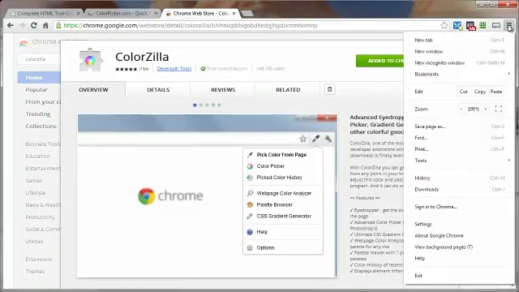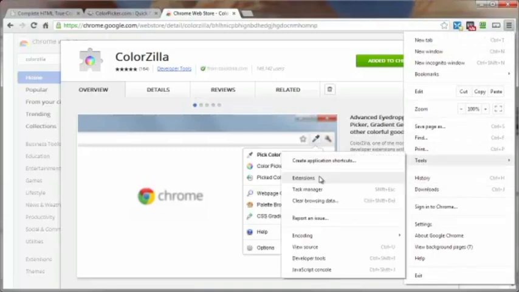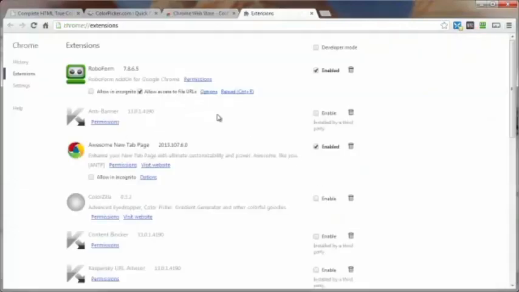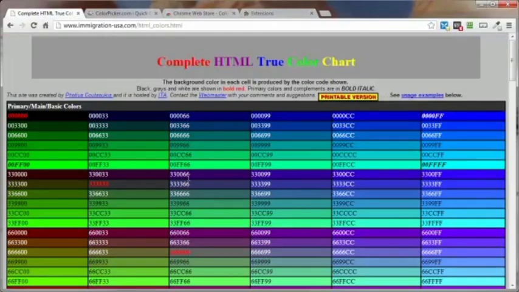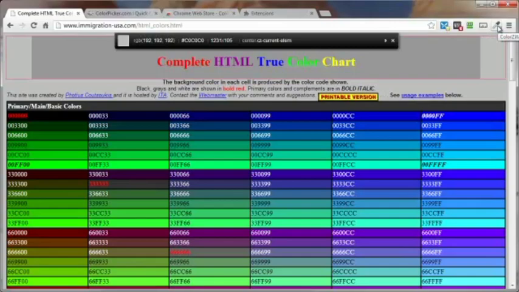So I'm going to go over to my extensions here, go to Tools, go to Extensions, and I've got a lot of mine turned off just to increase the speed of my browser. But right here is ColorZilla, and I just want to enable it. And you see it just puts it up right here. So now, if I want to check out an exact color for, say, one of my buttons that I'm wanting to match or a header image, I just click on the ColorZilla color picker,